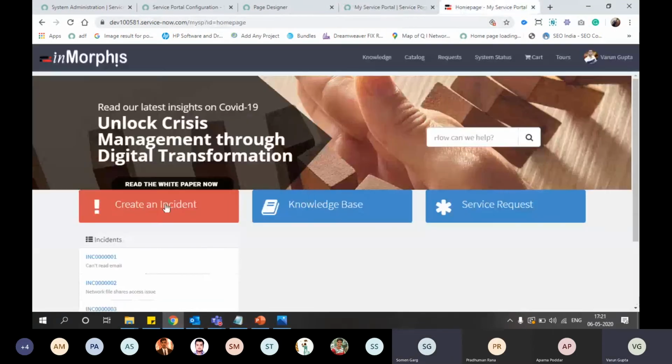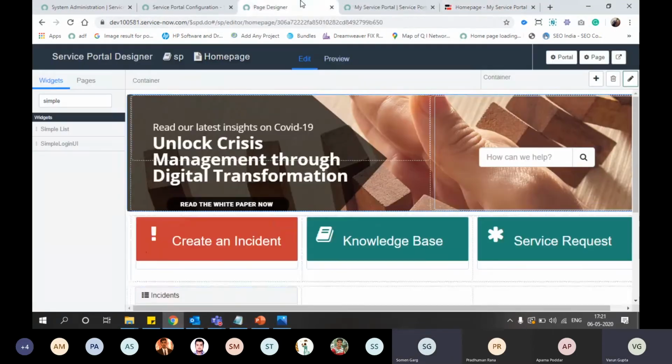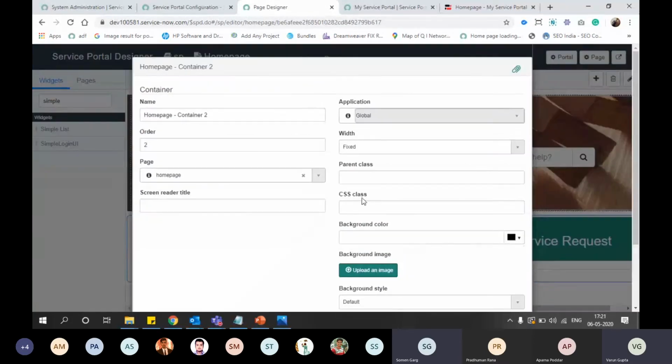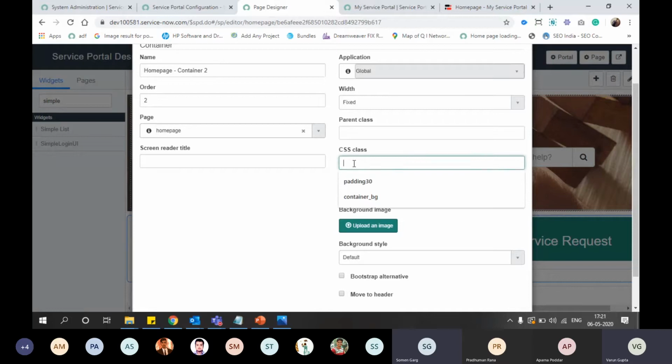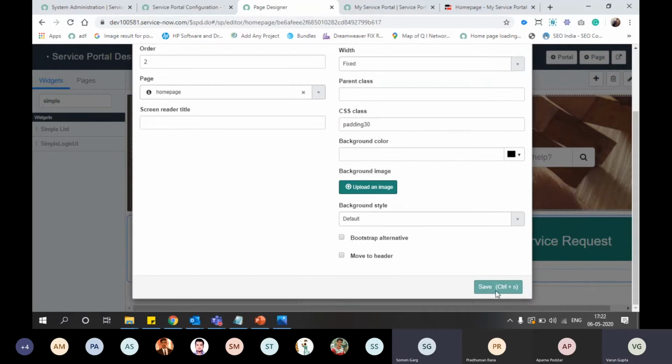Either we can give padding to this section. Now we'll add a class. Custom class I am creating.